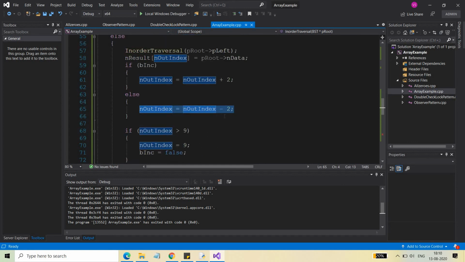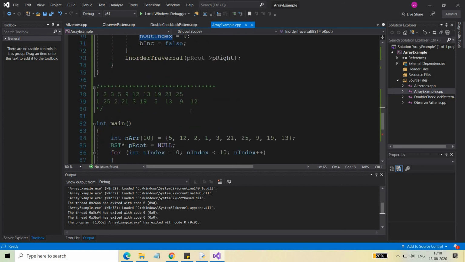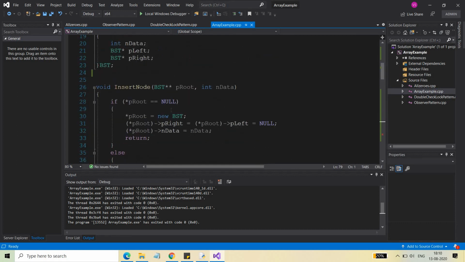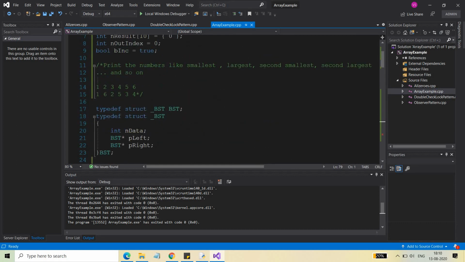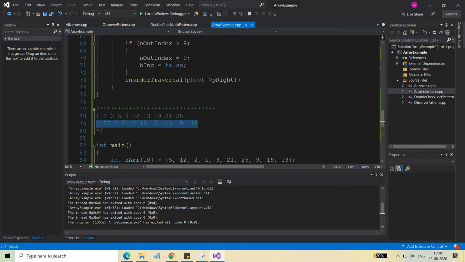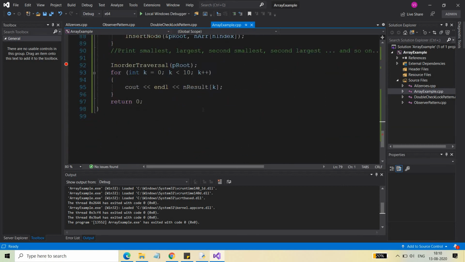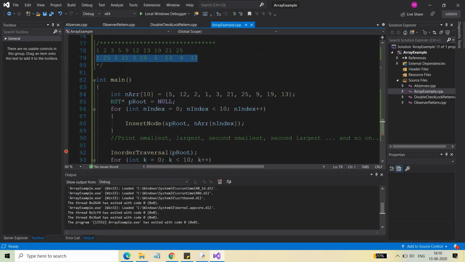So this way I just kept putting all the elements which were traversed in in-order traversal manner, which is in the sorted manner. When it is in sorted manner and you follow this algorithm, this will all be printed like this. So this way you will get all the elements as needed, which means smallest, largest, second smallest, second largest, and so on. So this is the way you can write this algorithm, and I hope you have understood this. And the same algorithm is asked most of the times for arrays itself, right?